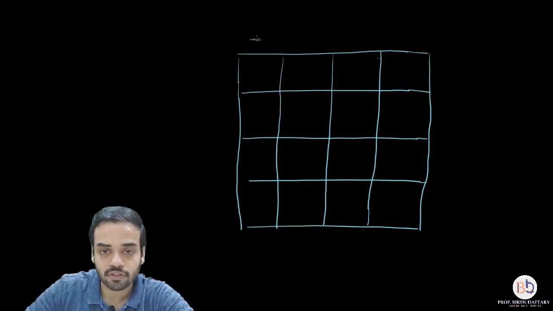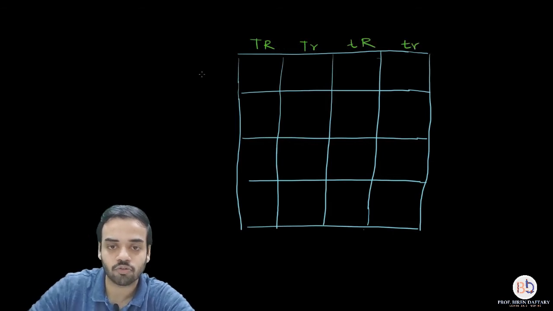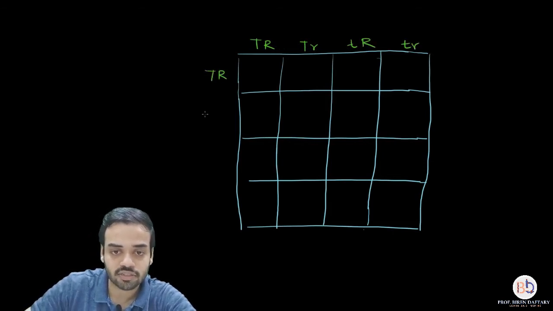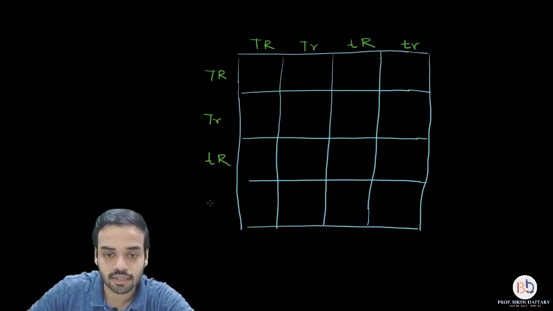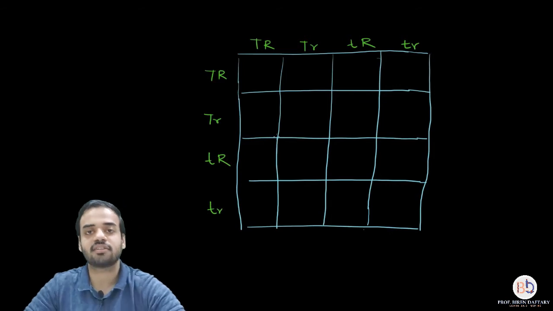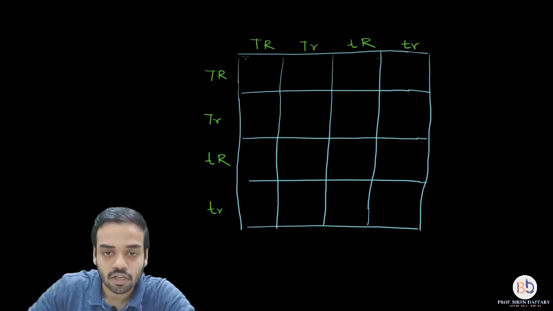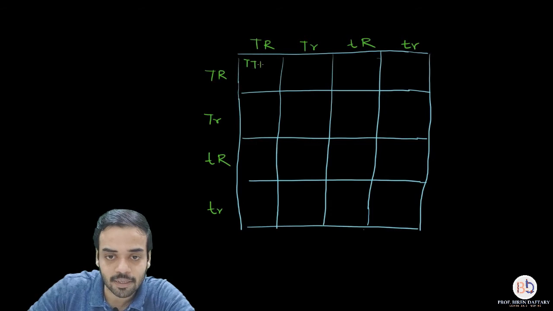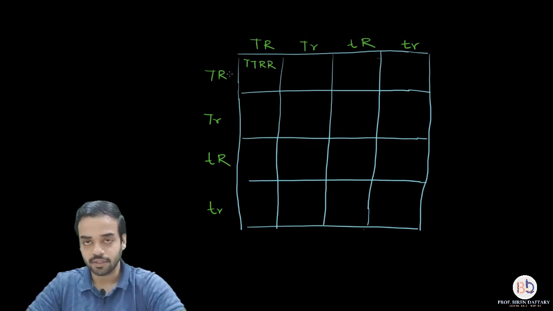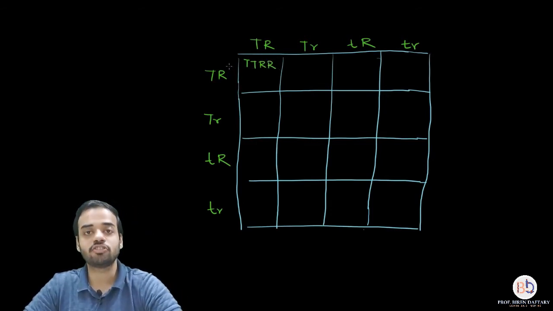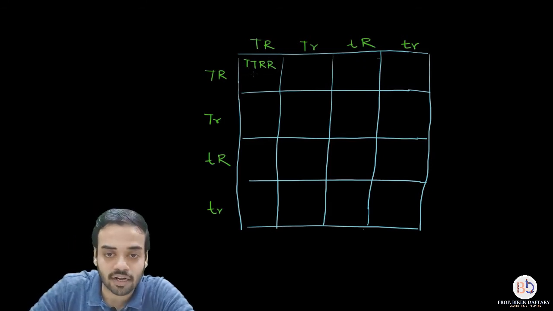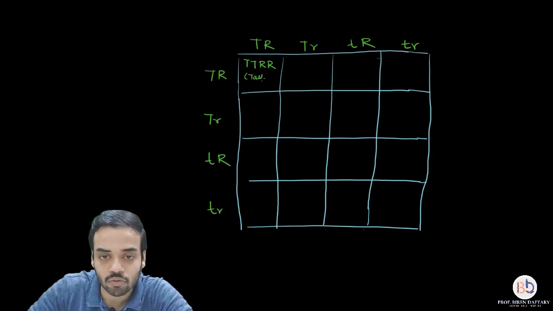Now let us write down the gametes on top. So first gamete will be capital T, capital R. Second will be capital T, small r, small t, capital R, small t, small r. And over here same gametes. So just write them down, small t, capital R, and here small t, small r. Now let us just combine the gametes and write down the offspring. First offspring will be capital T, capital T, capital R, capital R. This will be which offspring? This will be tall and round offspring. So let me write it down over here, tall, round.